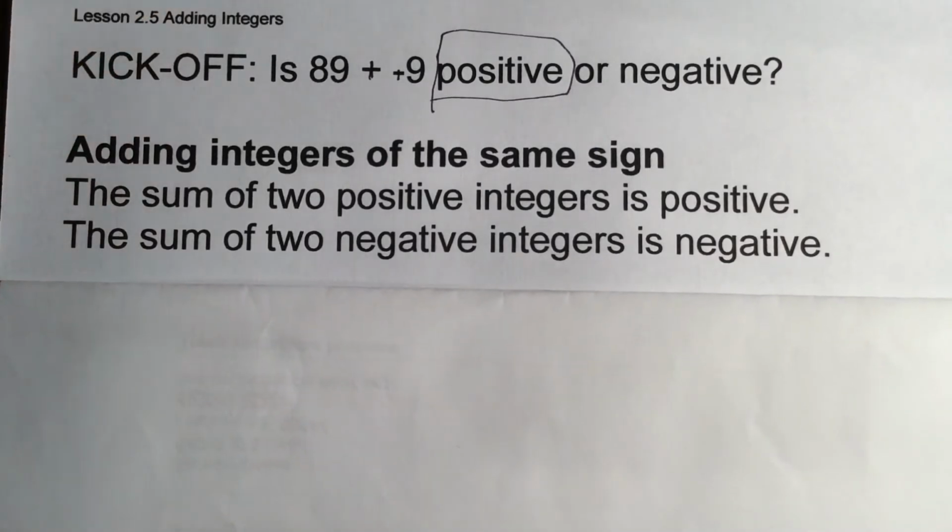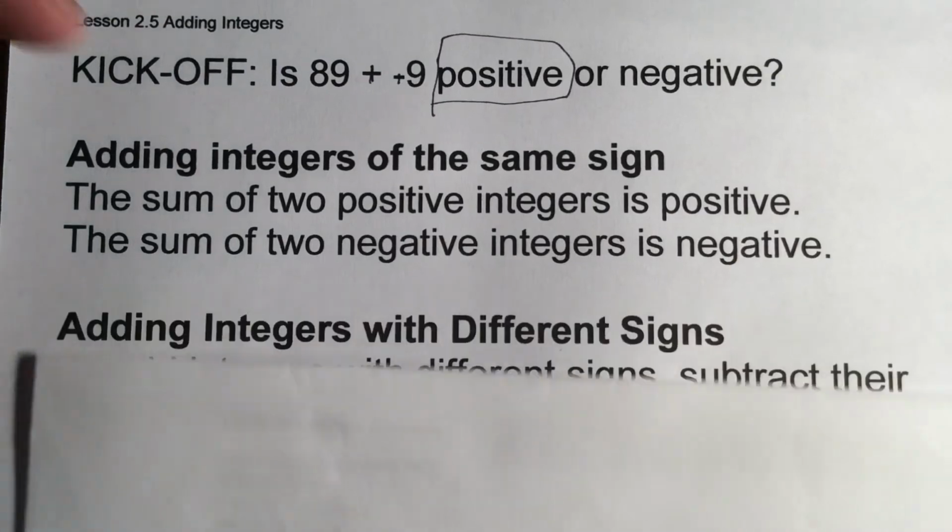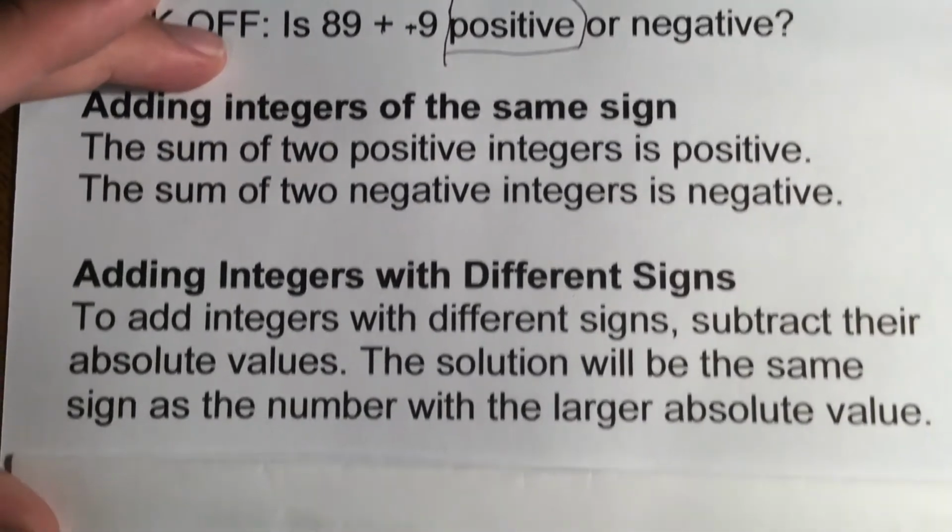So, adding integers of the same sign. If they're both positive, you're going to add them and you're going to get a positive answer. If they're both negative, you're going to add them and you're going to get a negative answer. All right. Now, where it gets different